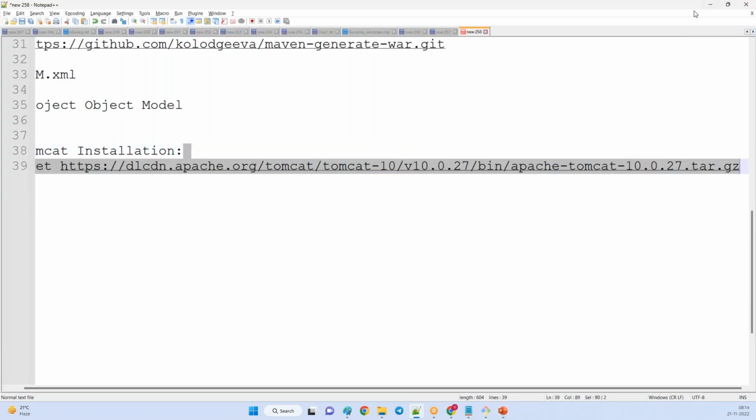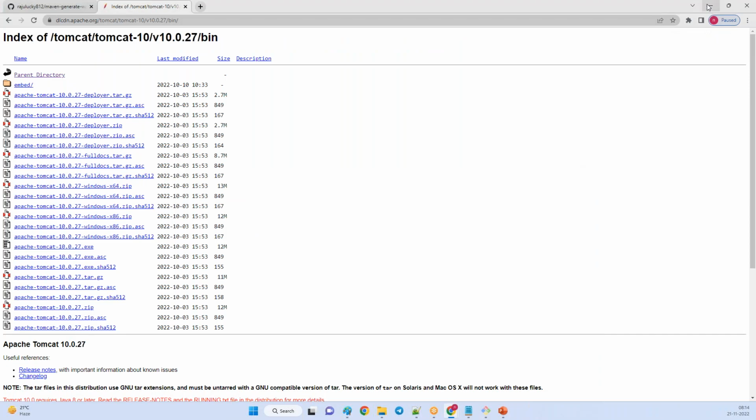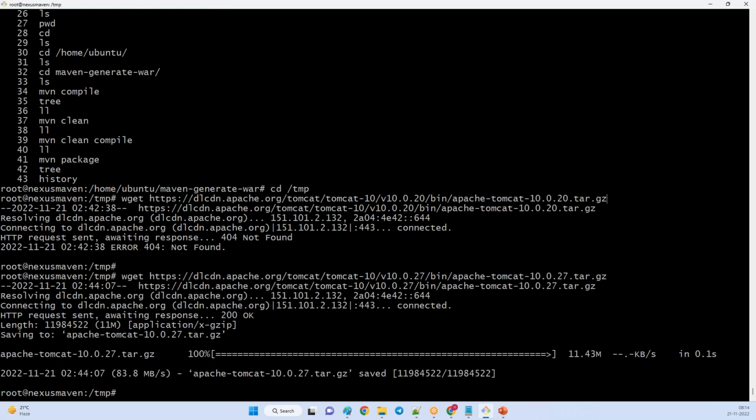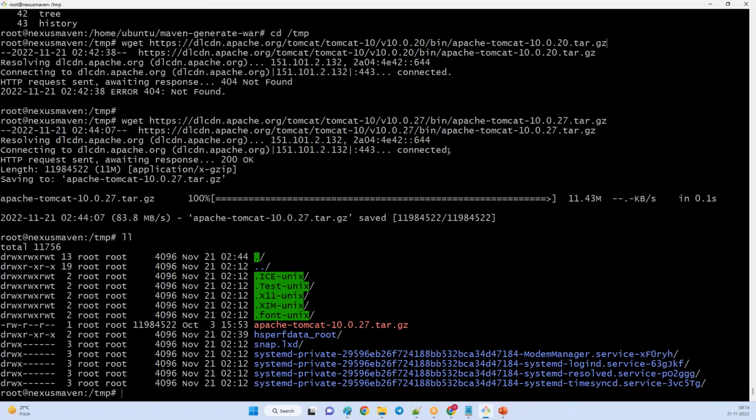So, Tomcat also has a dependency on Java. Anyway, we already installed Java. Okay, let me download. Yes, the file is downloaded, right? This is the main file you downloaded just now, and you have to extract this. So how to extract it? You can extract with the tar command.